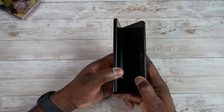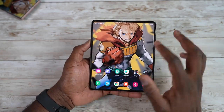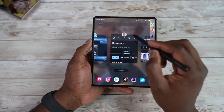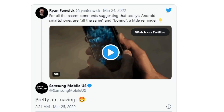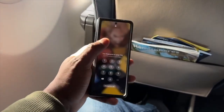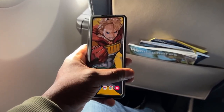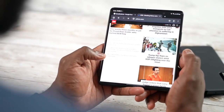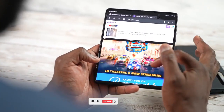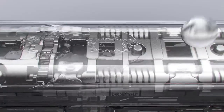unveil the scrollable smartphone. Do you guys know that Samsung praised Oppo on Twitter? Well, yes, a GIF was posted by an Oppo PR executive on Twitter, where we see the Samsung US official Twitter account said, "Pretty amazing." Either this was a mistake or Samsung actually praised new technology and gave credit to their competitors. Although Chinese smartphones are not going to be sold outside, where we see Samsung phones all over the world and dominating the foldable market. Speaking of this, Samsung is also improving the durability on the Galaxy Z Fold 4, where we